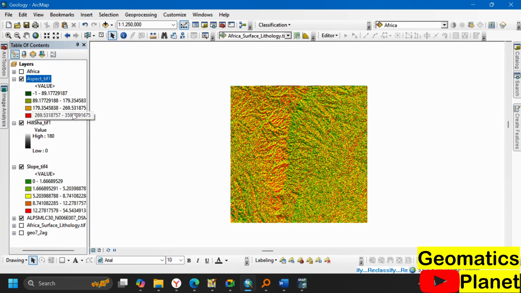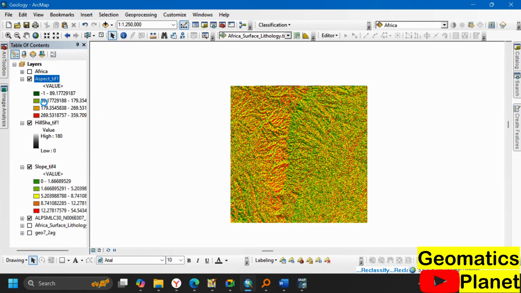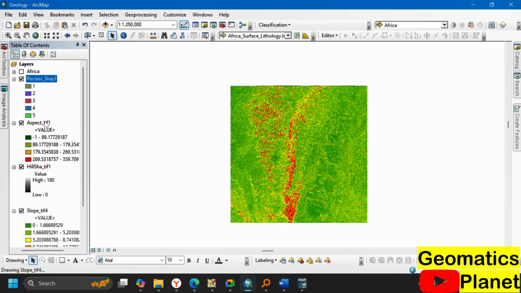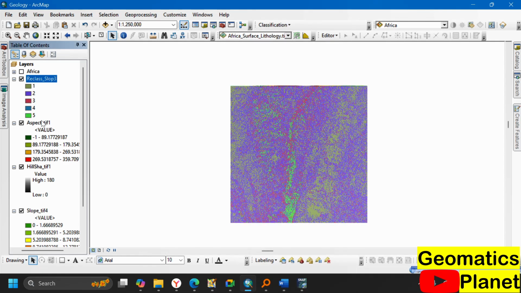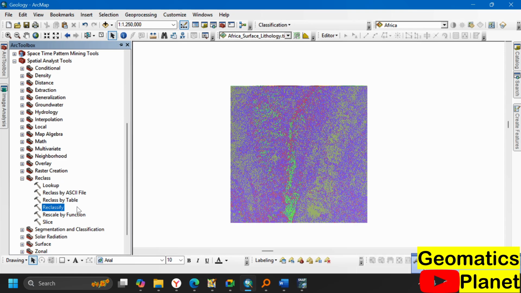So this is how you are going to get it done. Now the reclassification is almost done, and you can see what happens. It has reclassified this into 5 parts for me. Now for example, I also want to reclassify